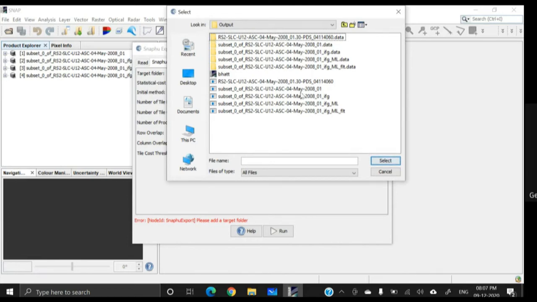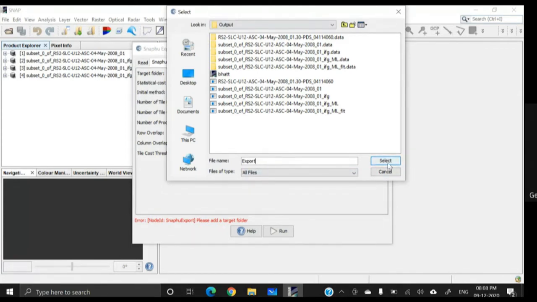Now see, it is asking for a file name. Actually this is not a file name, this is a folder name. You have to give some name, and the software will create a folder with this name. So give the folder name as, say, export, and it will create one export folder under this output folder.